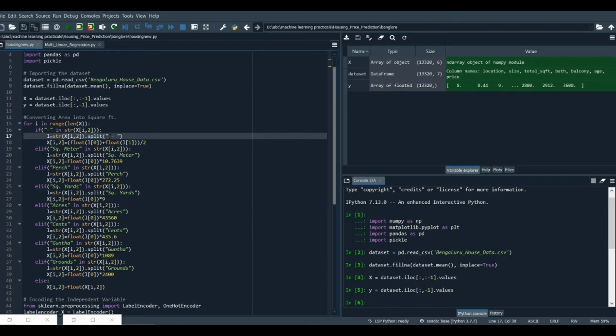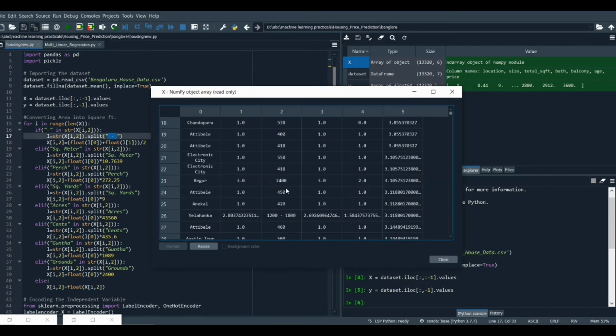For the range, it's specified by space hyphen space. So it's going to split both the values and return a list with two elements. Just for understanding, let's say there is a value of 1200 space minus space 1800. It's going to convert it into a string first, and then split it by the space minus space. So it's going to return a list of two values, first value 1200 and second value 1800.